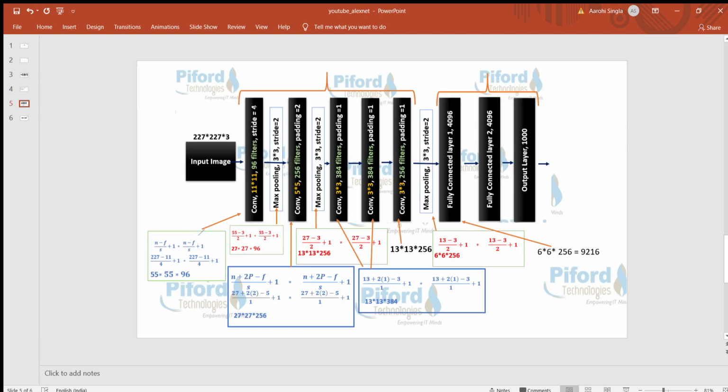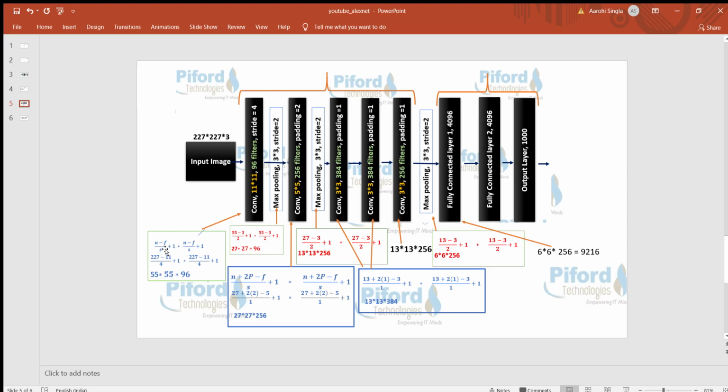Now let's solve the whole layer structure over here. The input image is of this size. This will become the input of the first convolutional layer, and the first convolutional layer is not having padding, so the formula will be (n minus f) by s plus 1 into (n minus f) by s plus 1. Here n is the input size.